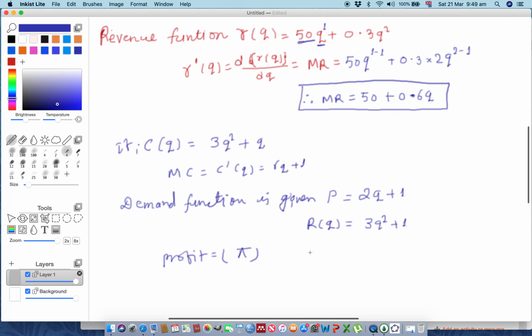The profit function pi is equal to revenue minus